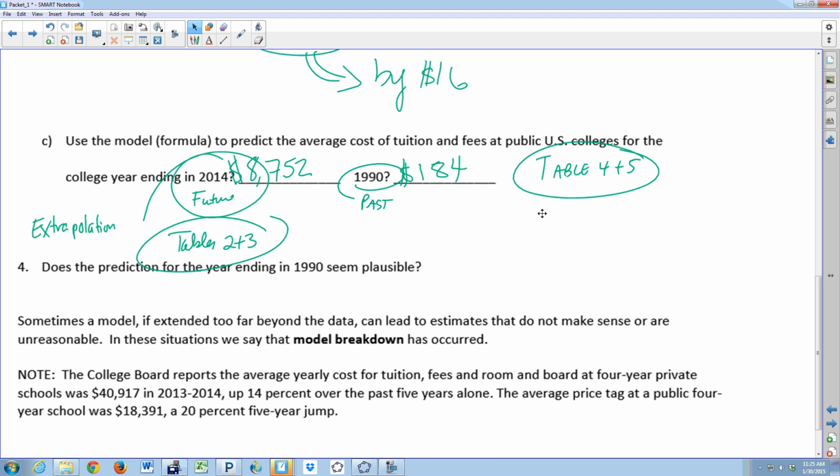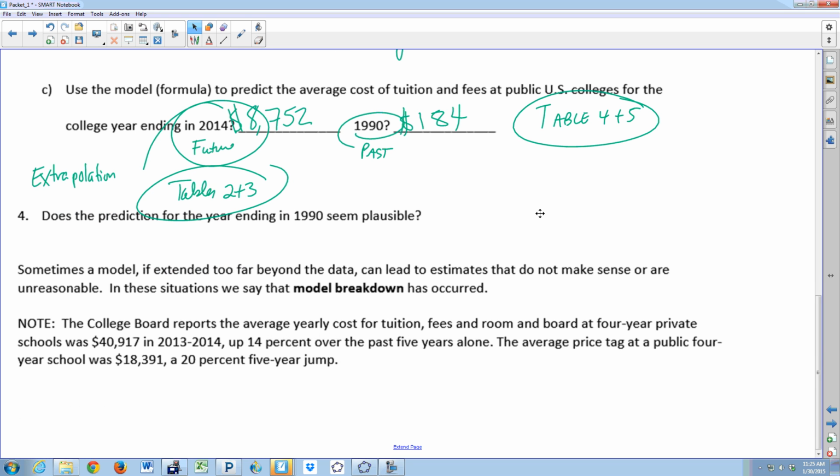So this is why we use the term model breakdown, and why you have to be really careful not to go too far outside your data set when predicting either tuition and fees in the past or the future. All right, and you can see here this little note I gave you about College Board